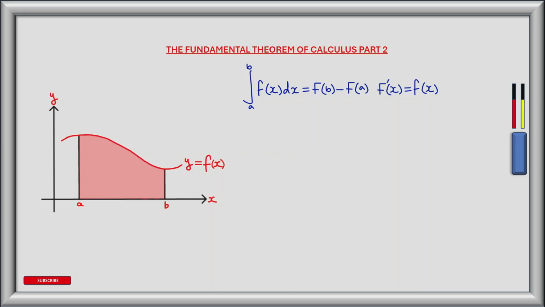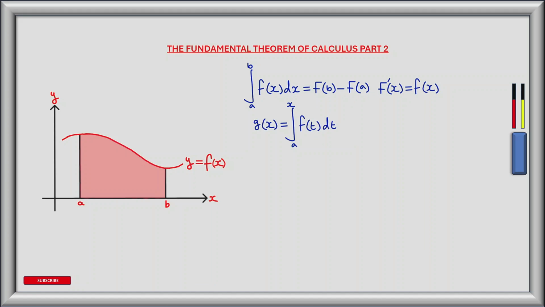The second part of the Fundamental Theorem of Calculus tells us that if we have a definite integral over the closed interval AB, so that's the integral from a to b of f of x dx, then we can find the area under the curve, so the area shaded here in red, by subtracting the antiderivative of f of x, that's capital F evaluated at a, from the antiderivative, capital F evaluated at b. Remembering here that capital F prime of x equals f of x from the first part of the Fundamental Theorem